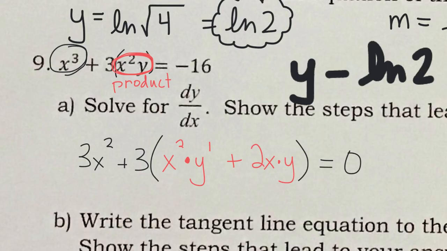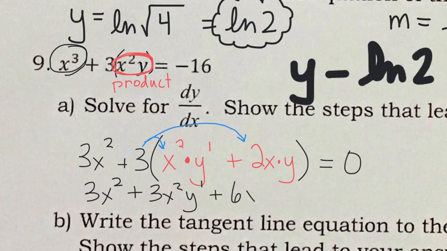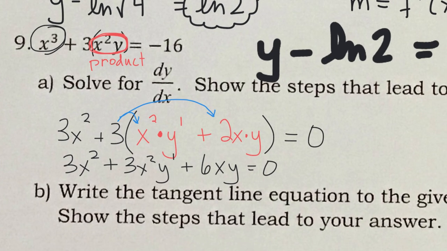Okay, so now we're going to distribute our 3. We're going to multiply both of these things by 3 again, right, to get it back to where it doesn't have any parentheses. 3x squared y prime plus 6xy equals 0. Okay, now our job is to solve for y prime. And y prime is right here,